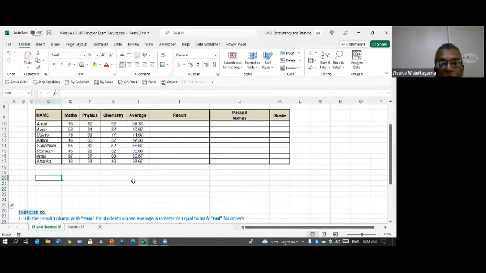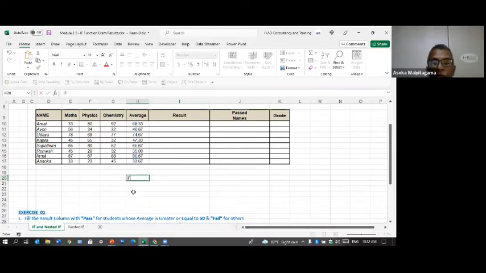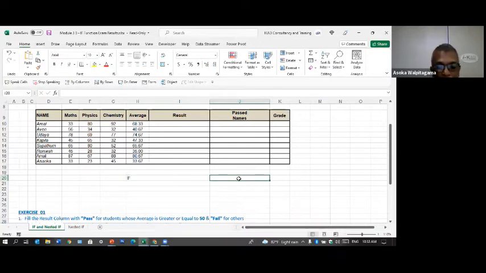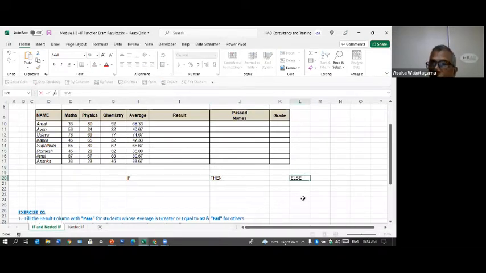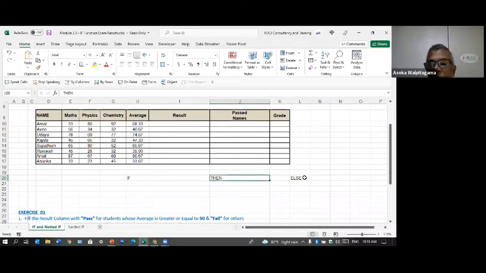You write down what you have to do in simple English using these 3 words. If, then, else. Write down what you have to do in simple English. Don't worry about Excel. Say you don't know anything about the function. Write down what you have to do in simple English using these 3 words. If, then, else.